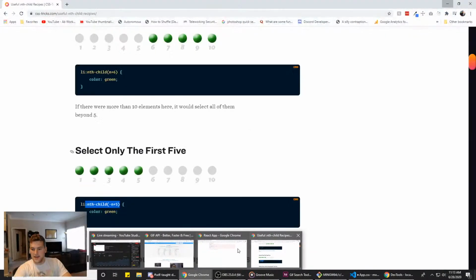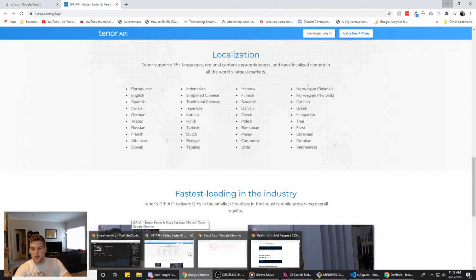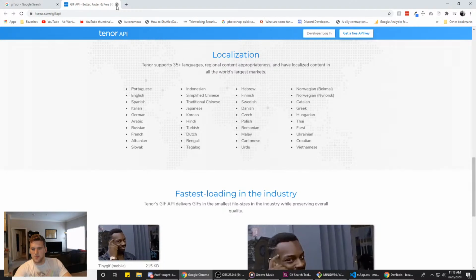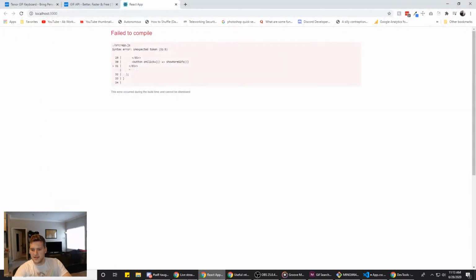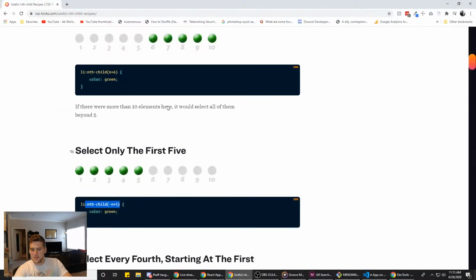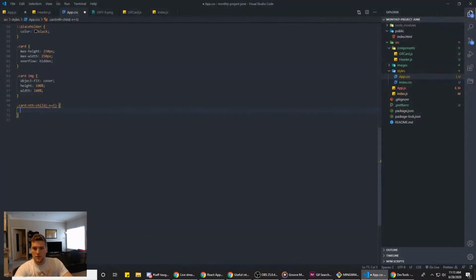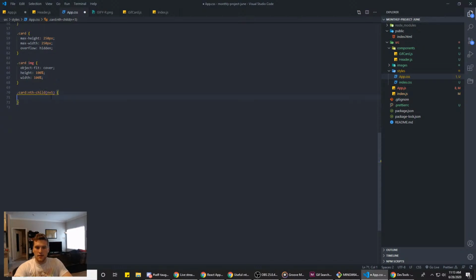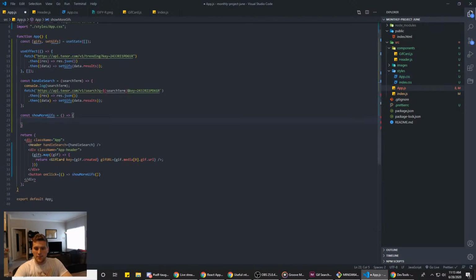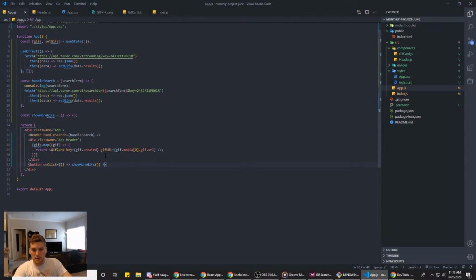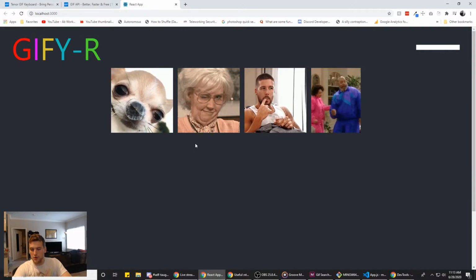I don't need that anymore because everything's working. I need my live stream up still. So we're doing n plus 5. Display equals none. And then in app, we are going to close our button, and then it should only show